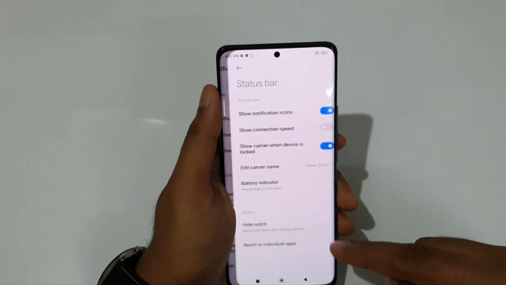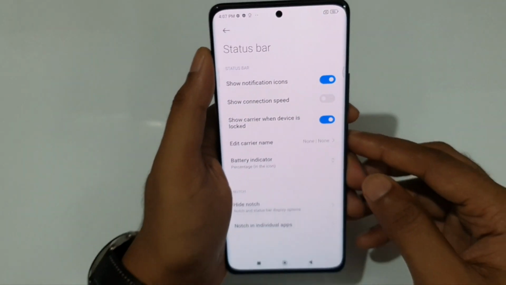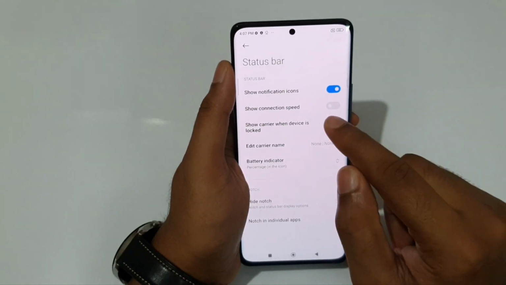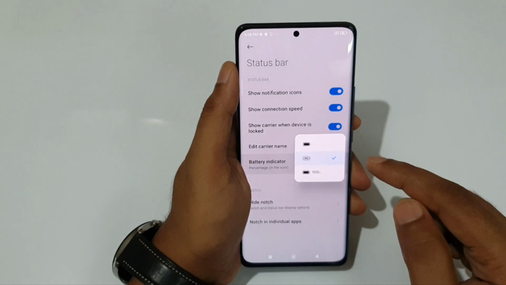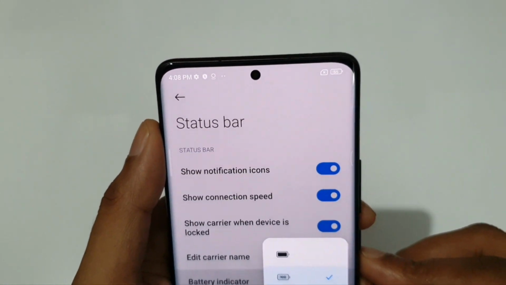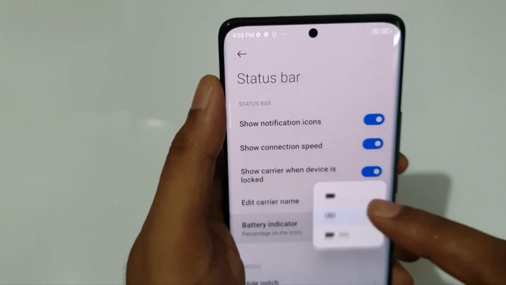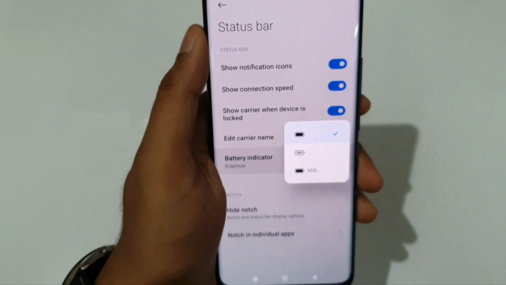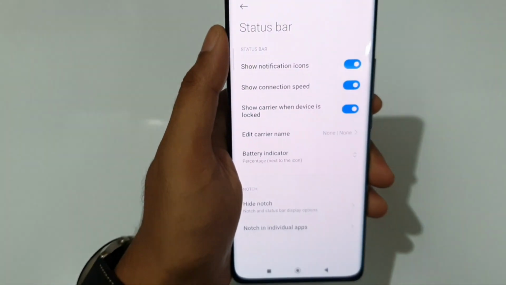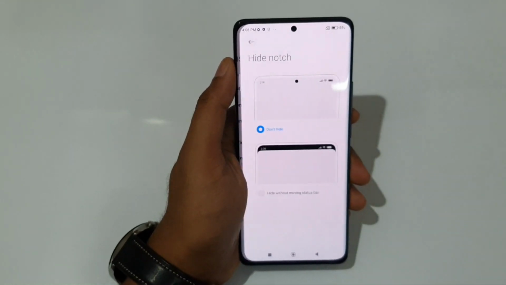And then the status bar, you can see currently you can't see the network connection speed. You can just show the network connection speed. And for the battery indicator, currently you have the battery with the percentage. If you want just the battery icon, then you can turn on this. And if you want the battery and, outside the battery, you want to see the percentage, then you can turn on this too. And then we have the hide notch, which actually has a